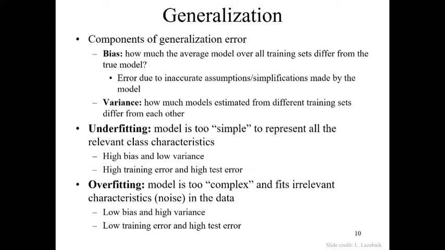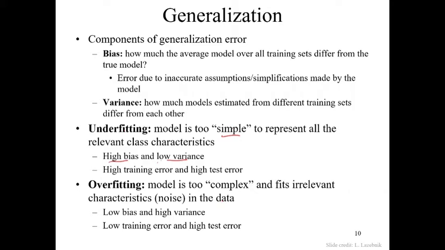Underfitting is when your model is too simple. It's not able to represent all the system, all the data. So it is characterized by high bias, low variance. Take note of this: high bias, low variance. Whereas overfitting is when your model is too complex. In an attempt to run away from too simple, you end up becoming too complex. So you need to seek something in between. At what point do I get into complexity that is not acceptable? You have to stop before you reach that place. That is the trade-off you have to make.